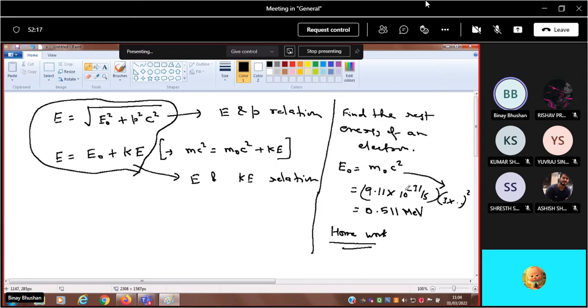So इसको कर सकते हो ना तुम लोग? Yes, sir. Okay. Now, one thing that I want to convey here, that these two are the expressions of total energy, और दोनों सही हैं. One is the relation between E and P, and the other is the relation between E and kinetic energy. So both are correct, right? No problem. हाँ, इसको कभी-कभी हम लोग याद रखने के लिए, है ना, एक हम लोग बेहतर